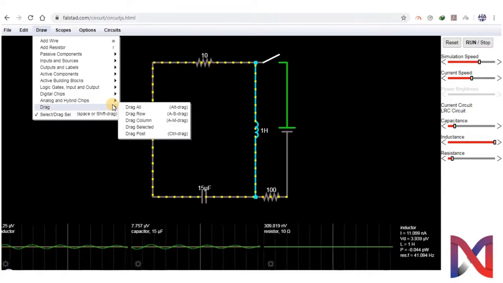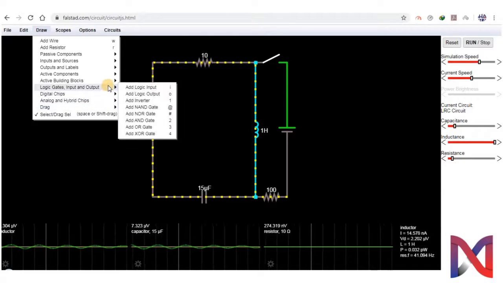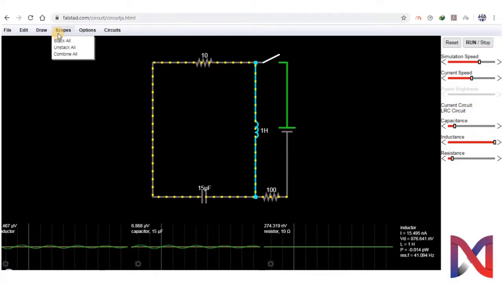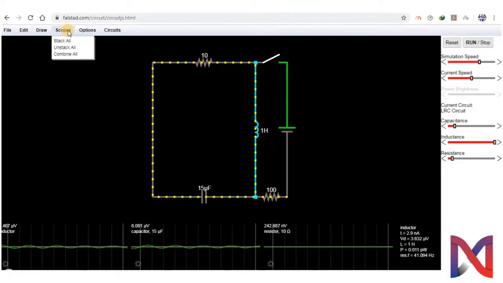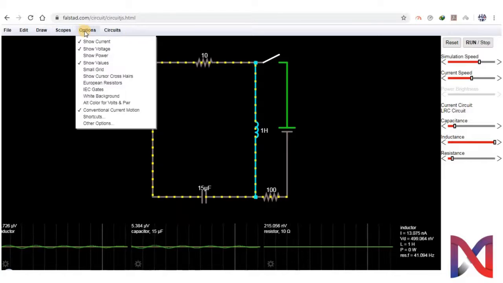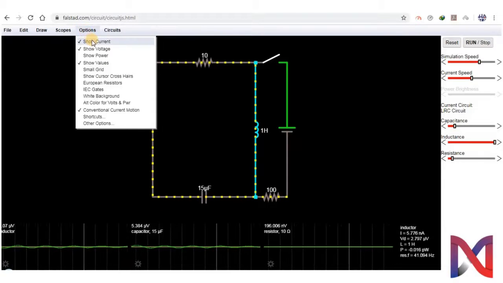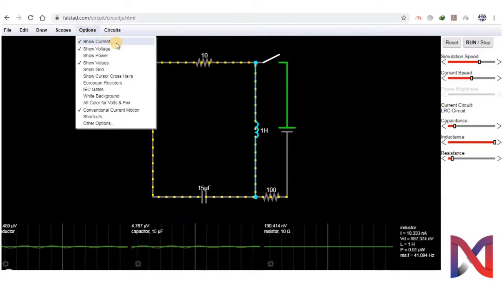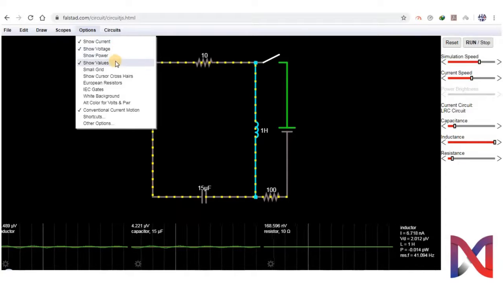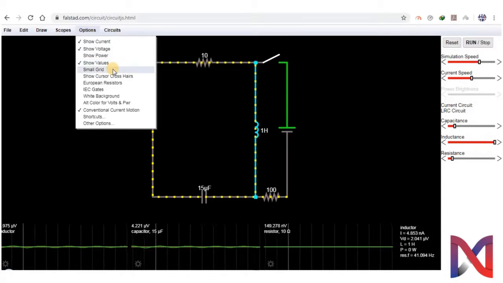You need to, as I already mentioned, drag and drop any of the circuits. There are different types of scope available. In options, you can select on showing current, voltage, power, values, small grid.